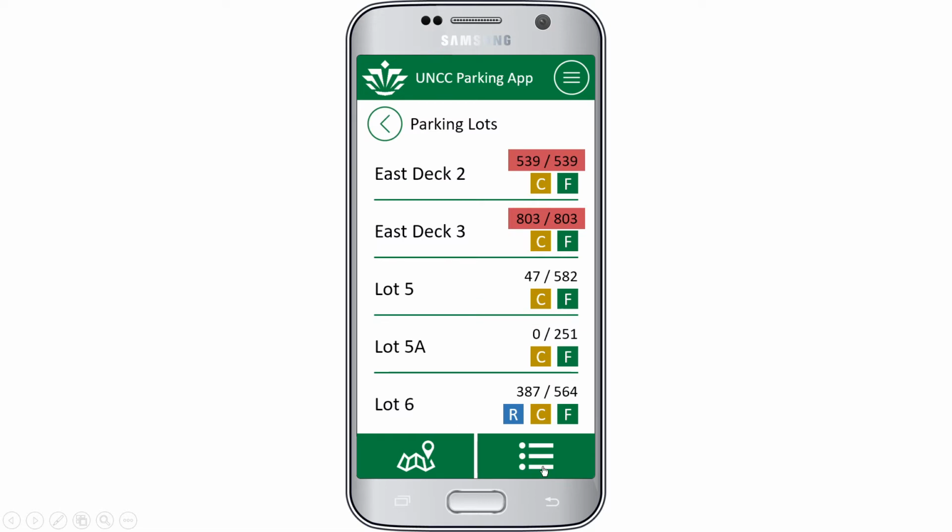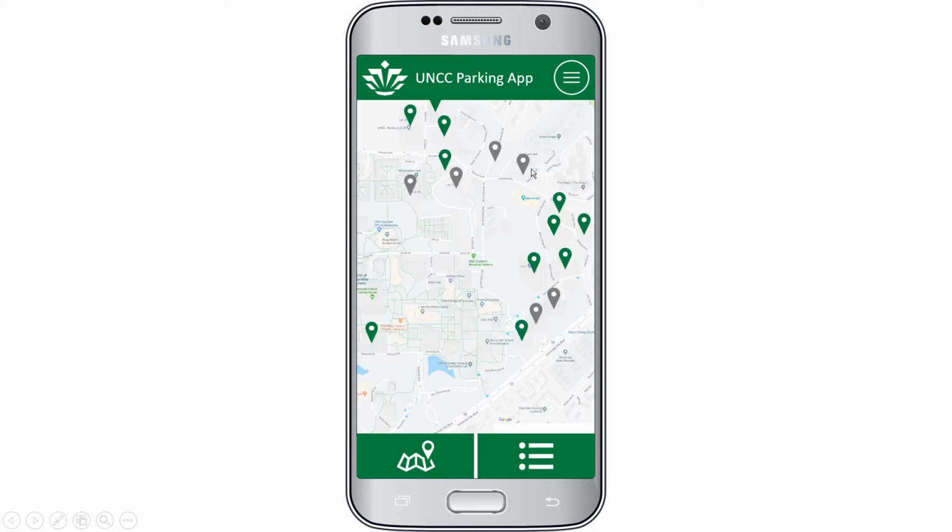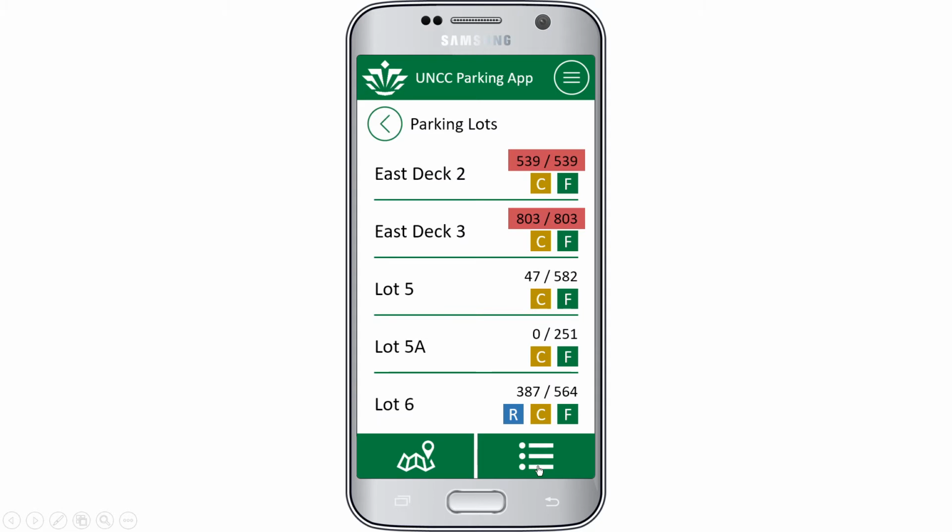If I go over to the list view, however, you see that I no longer see anything to do with the map, but unlike the map view, where I have icons denoting full or not full, I do have the location here. In the list view, I no longer have the location, but I have the lot and deck name, which is useful for more experienced students and faculty who know the different locations on campus. And it also tells me a snapshot of the detail view,